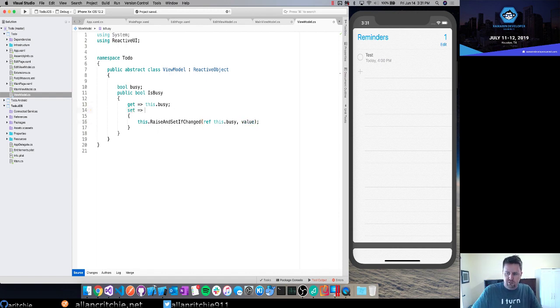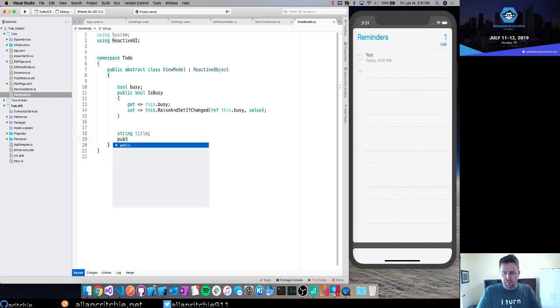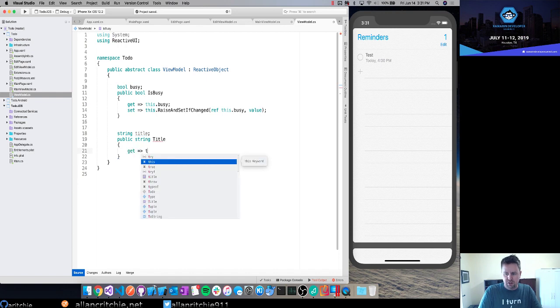Now, the one thing is I actually hate this setup. I've got to admit, I'm a little bit lazy. I don't want to type all this every time because I've got to do it again for title now. And yes, I can make macros and all that cool stuff around this, but